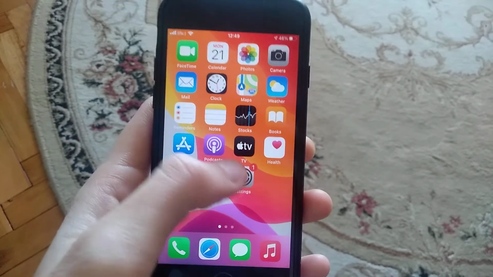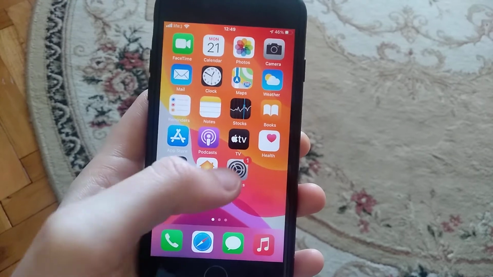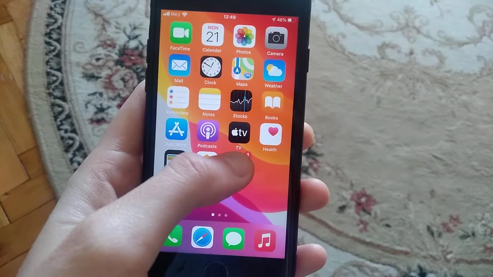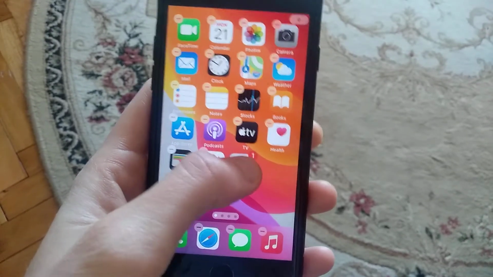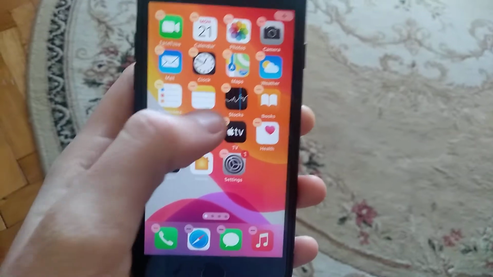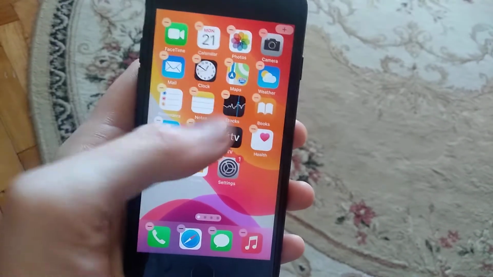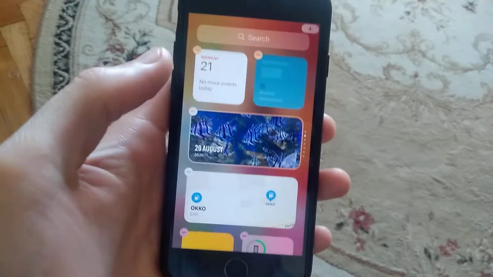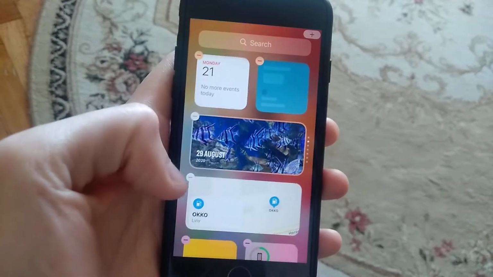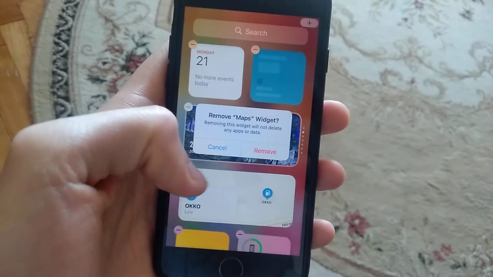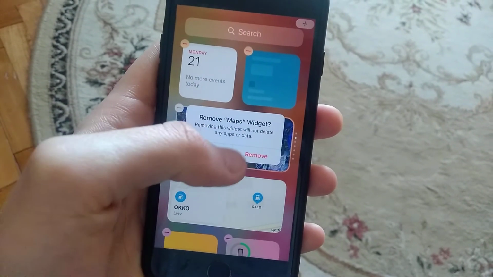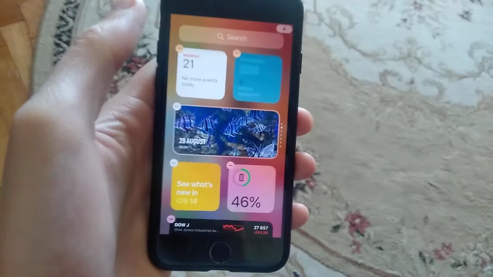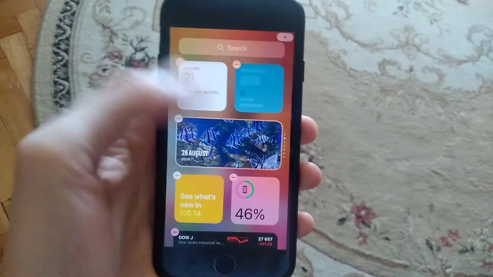Today I will tell you how you can easily delete your widgets on your iOS 14. So for doing this you just need to tap on some icon on your home screen, so for example settings, and just move it from left to right, and here you can see that we see a delete button on every one of our icons, and also on widgets. So for example I will delete maps, so just click here, and here you can see remove maps widget. Click remove, and now you can see that it successfully removed this widget from our